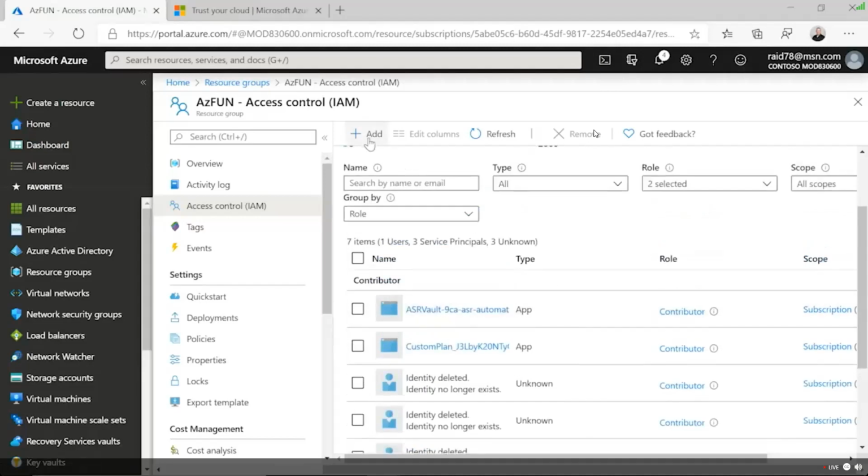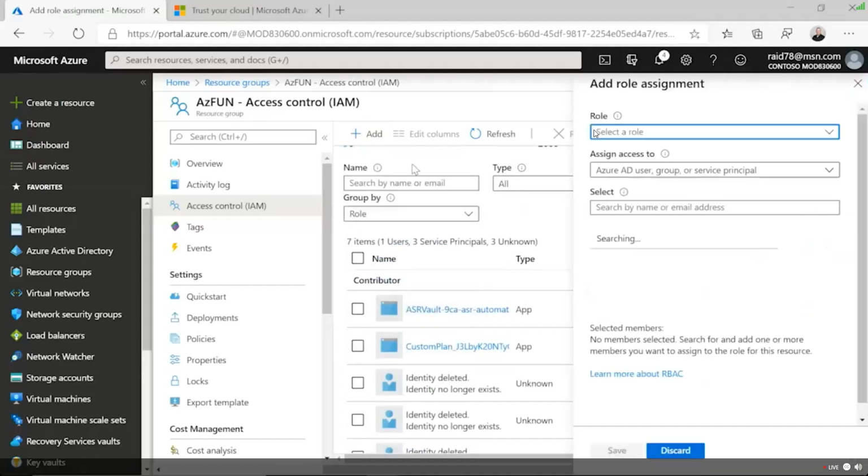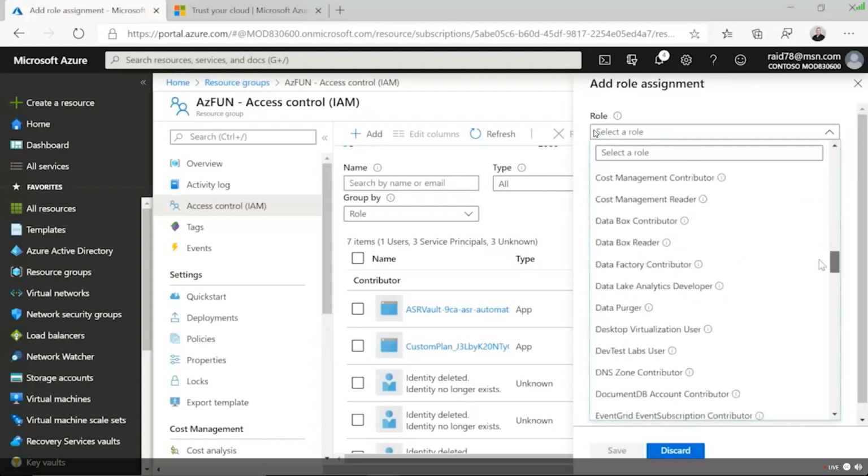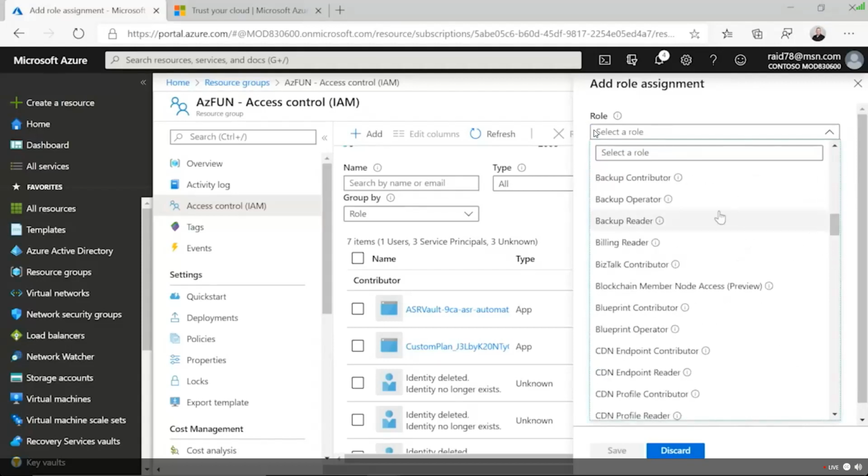So let me go ahead and add in a role assignment. So I'm going to say add a role assignment. It's going to say, what role do you have? If I click on this down arrow, folks, look at this. Now, aside from the top 3, owner, contributor, and reader, they're all in alphabetical order. And if you scroll through this list, here's one that says backup reader, backup operator. This is very specific. It's giving me access to the backup service to be able to read, I think in this case, the backup policies, just to be able to look at that information.